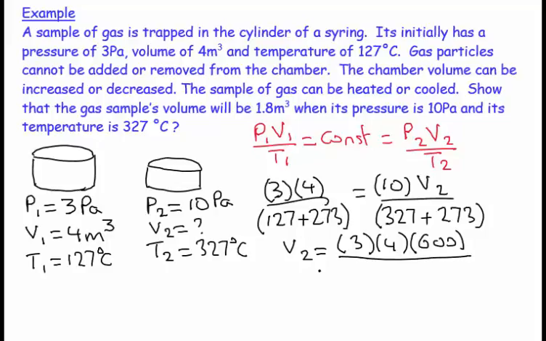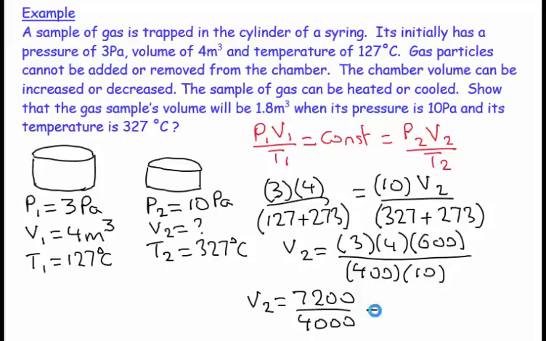And then on the underside we have, well, that's going to be 207, it's going to be 400. And then this 10 will go to the bottom. So V2 will equal 12 times, that's 7,200 over